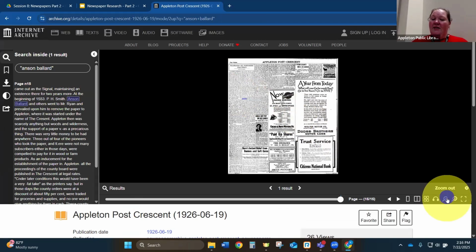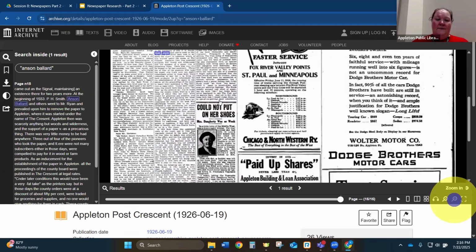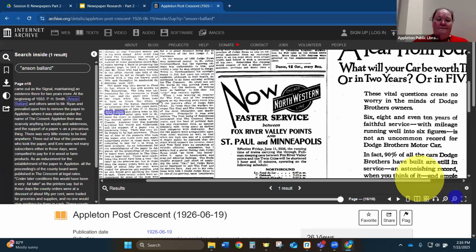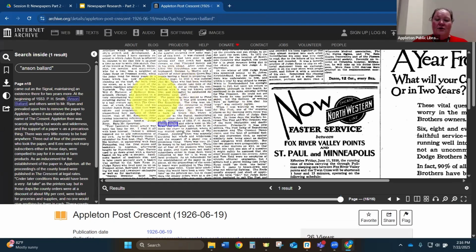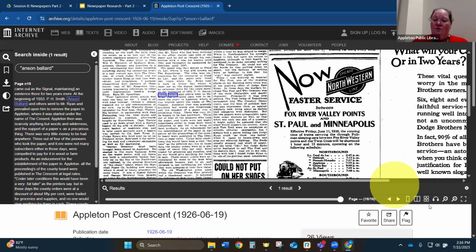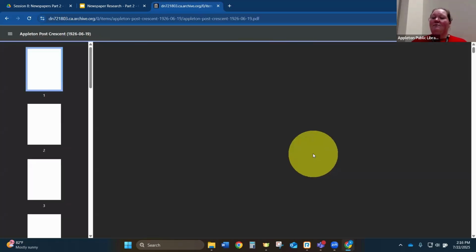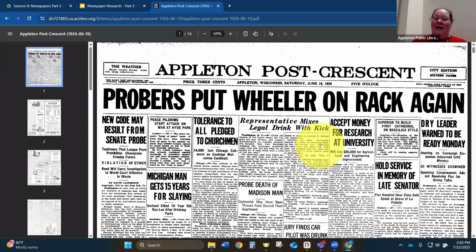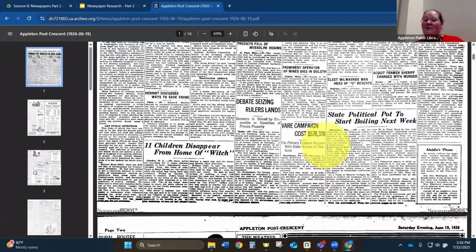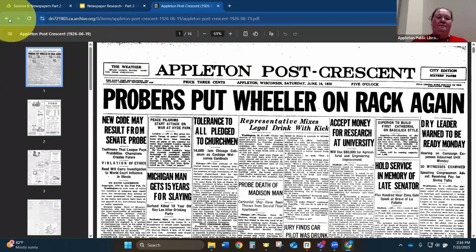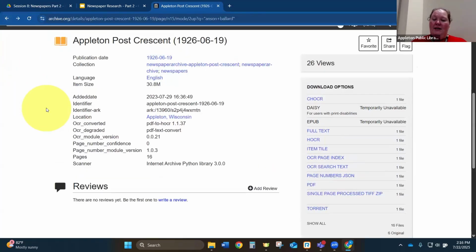If I want to go into the actual image to see the newspaper, I can just click on it. And again, I can zoom in, zoom out. And now I can see the article is right here. If I scroll down over here, I can download a PDF of it, or there are a couple of different image files or other file types. I usually go for a PDF because it's the easiest to use. Most people can pull up a PDF. The bummer is it takes the whole entire issue and not just the one page that you want. I think I can do a single page somehow, but